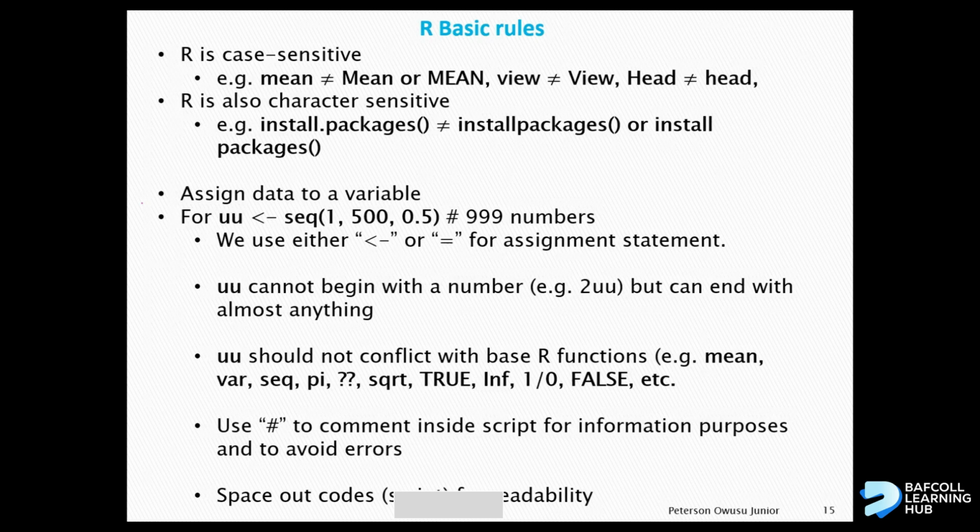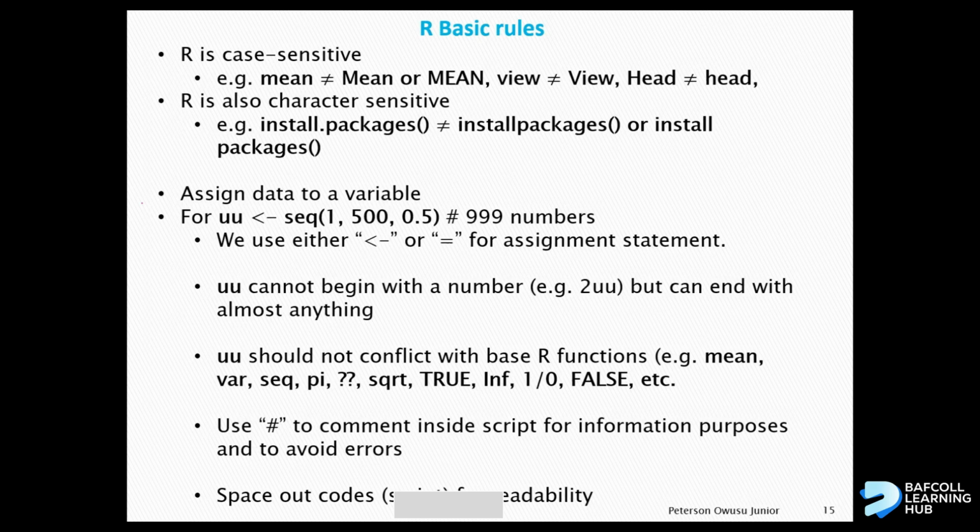We also need to make very good use of what you call assignments. If you look at this line, realize that we have assigned a sequence of numbers from 1 all the way to 500, increasing by 0.5. That's what the assignment arrow means. In some cases, the equal sign is used, which is not the best in some sense. So we have to assign most of the time, which is very useful, because if you are going to work with large data sets, you don't want to split your data set on your working environment. So it's good to assign so that you can take a look at parts and portions of the data that you want.